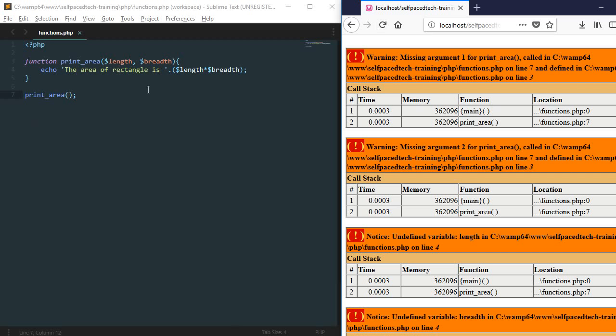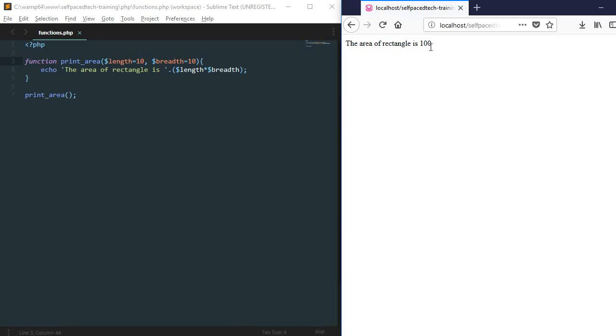So we have a catch for this. We can have some default length and breadth. Even if the user is not giving any length and breadth, I can just have some default length and breadth. For example, I can give the length as 10 and the breadth as 10 within the function definition itself. I am initializing them with some default values and I am saving it. So once I define this and I refresh it, I get the value as 100